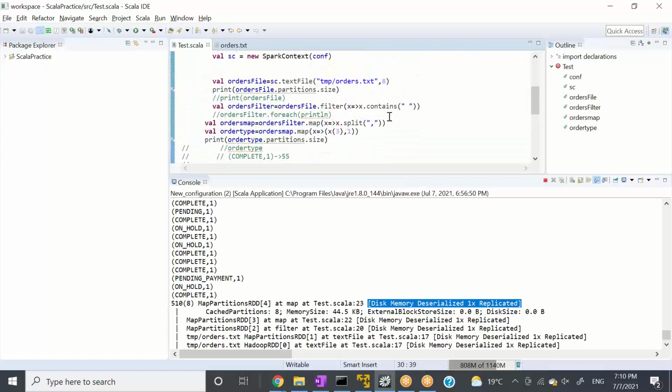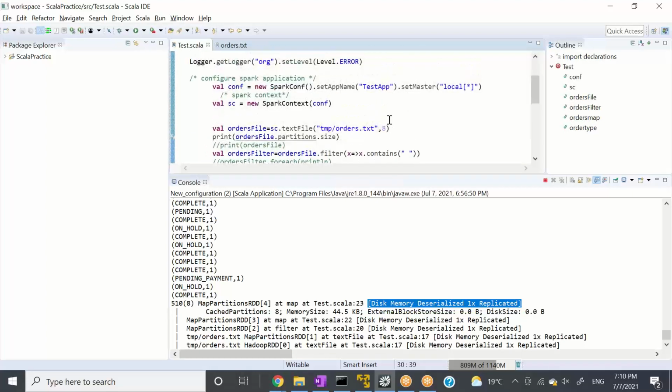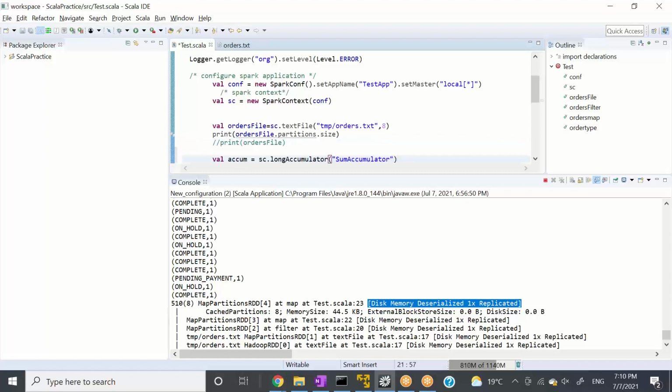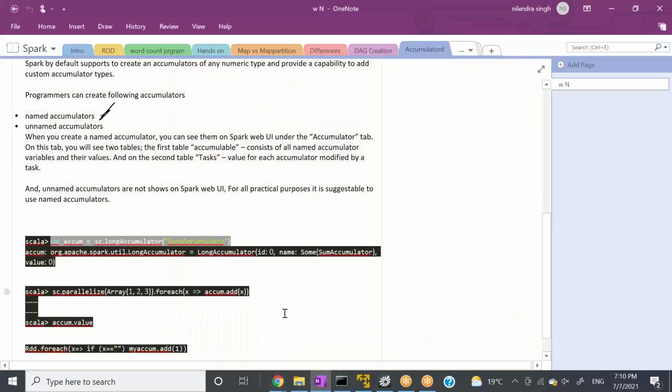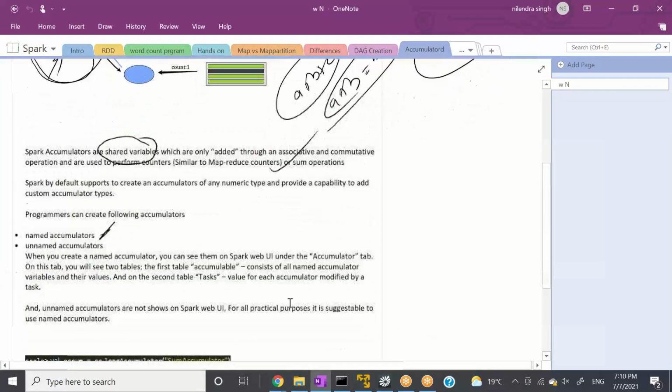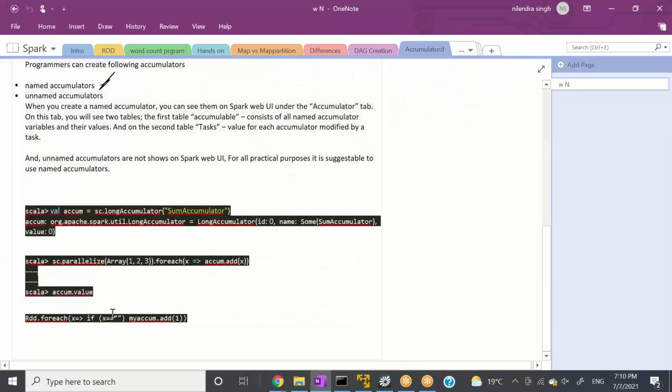I created one accumulator and gave it the name sum of accumulator. Now I name this accumulator as accum.